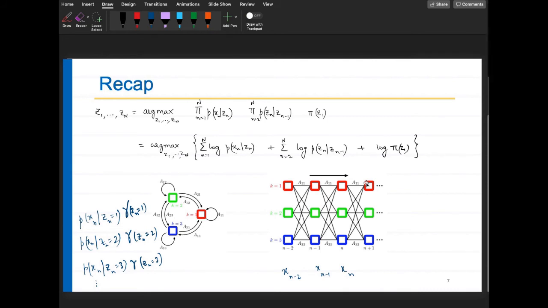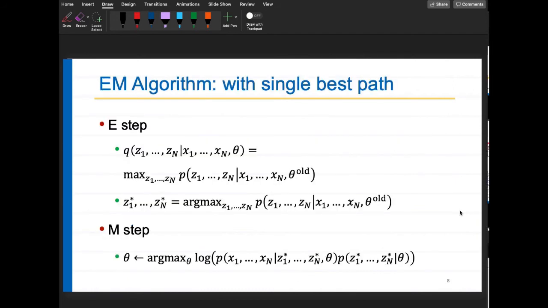Because you're not using soft weights, but you're using hard responsibilities. It is an approximation, but it works. So then your E step becomes simply Viterbi algorithm, that you estimate your best path by finding this, basically Viterbi algorithm, right? And then in the M step, you are estimating your theta or updating your theta by optimizing this, which is